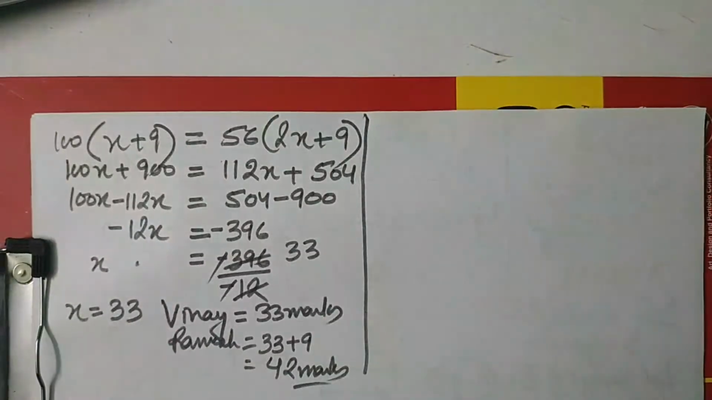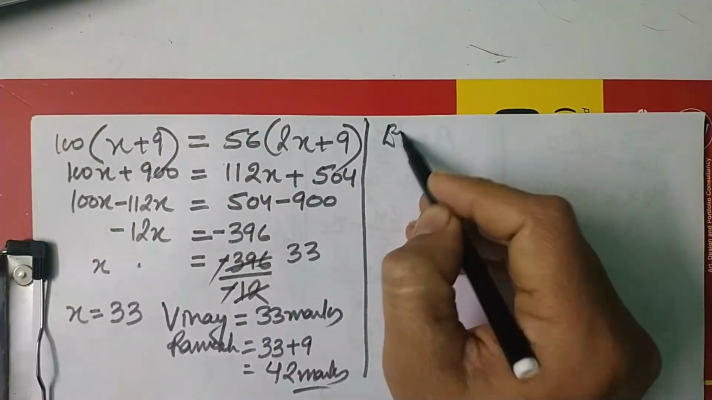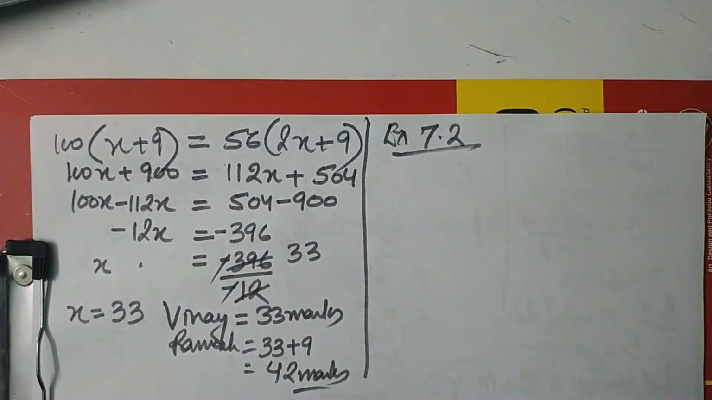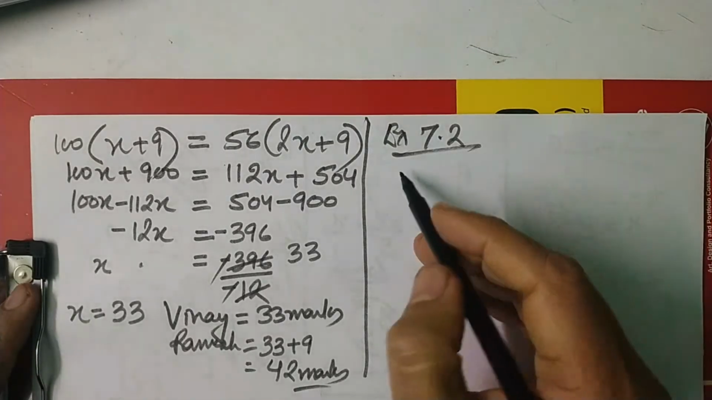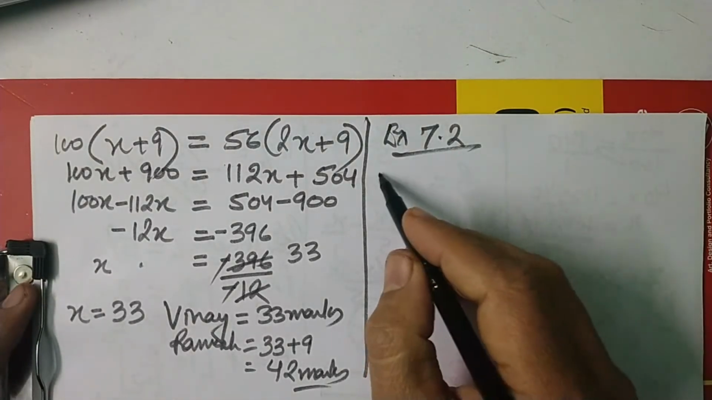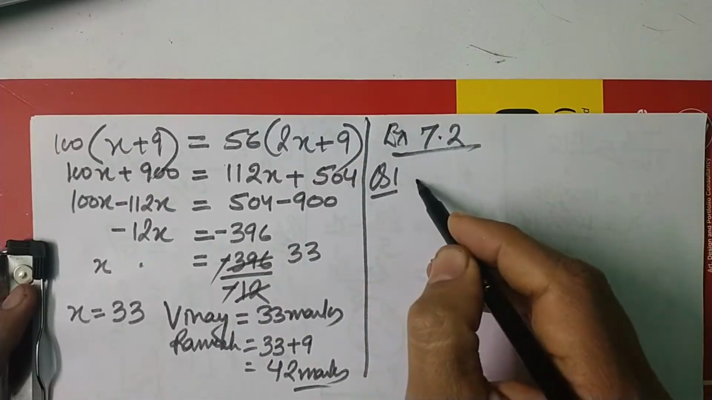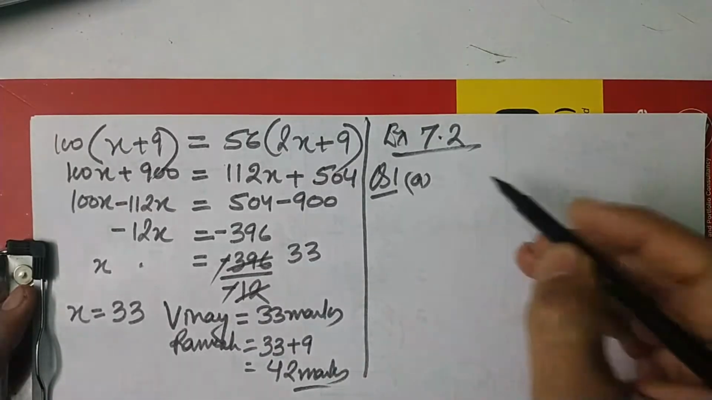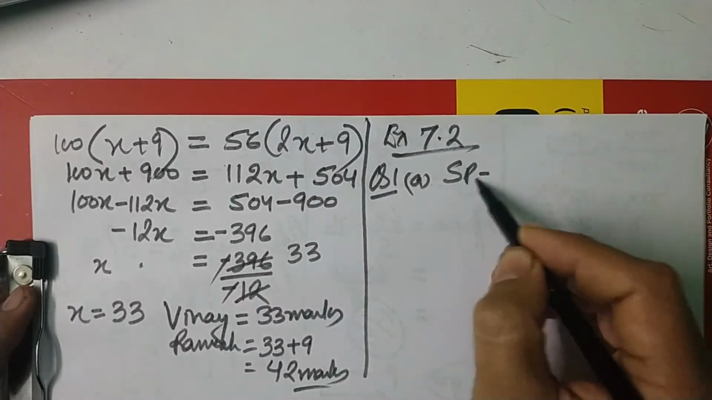So exercise 7.2, there are some formulas given in the book. If you feel you are comfortable with the formula, you can use the formula. But I am solving it with a method which will be applicable everywhere. Let's see question number 1A. I am writing what is given. Find the selling price